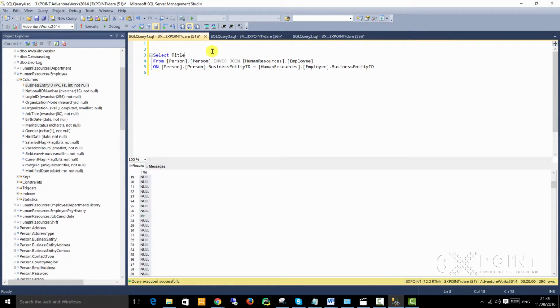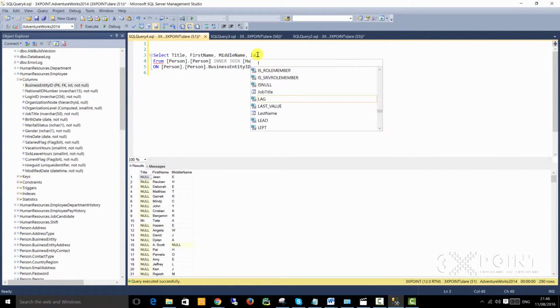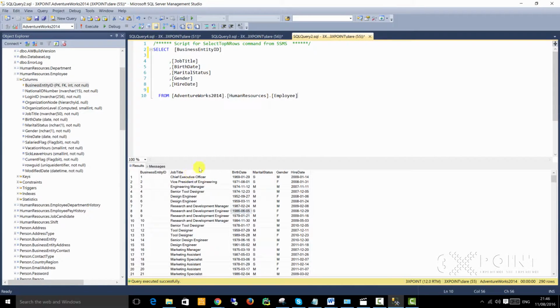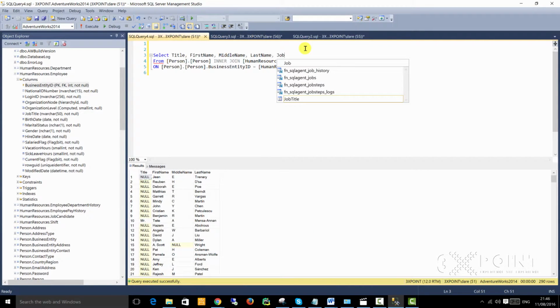So if I wanted first name as well, I could just execute and you can see it's now bringing back the data that I want. If I wanted middle name, you see, we're getting all the data we want. If I wanted last name, right. So let's now take something else from the other table, which is the employee table. So we want the job title. So if I wanted job title,